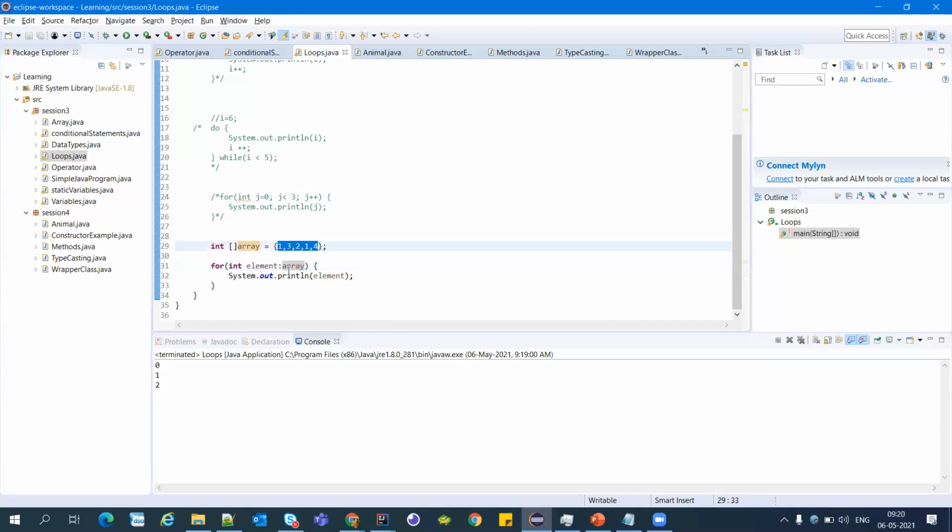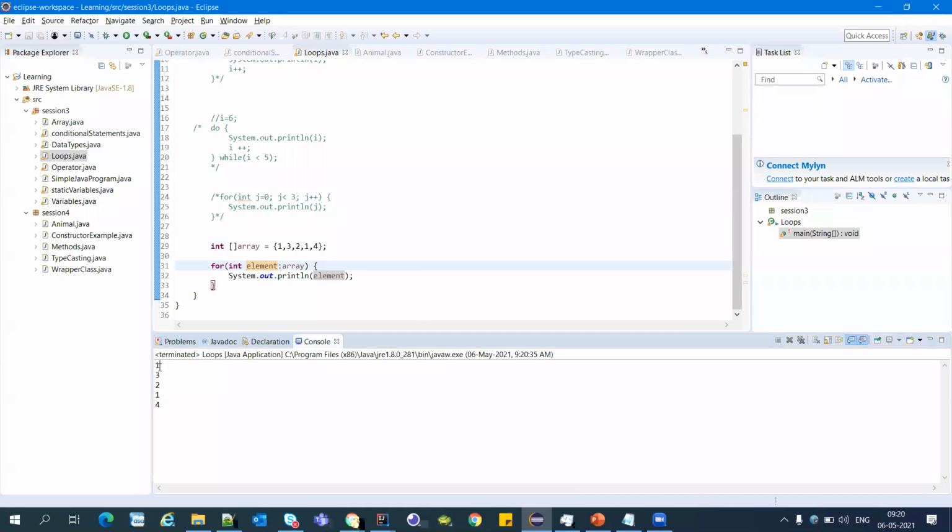It has integers. So what Java does when we use this for each loop with this colon is it will convert this array and pop out each integer one time, and it will stop whenever it reaches the end. I will execute this. So it will pop out 1 into the element, and we are printing here element 1. So one by one, it will print all the values. We need not have any condition on it.